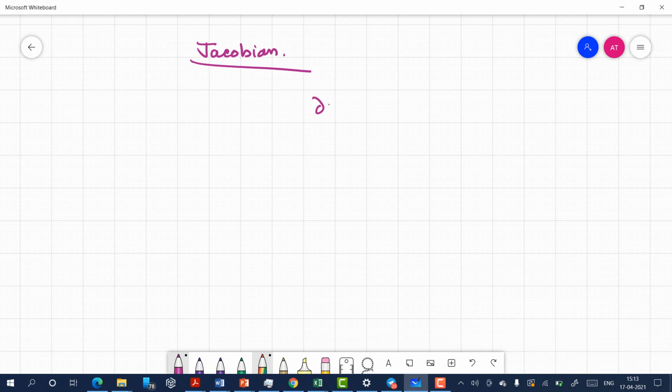Okay, so now I will write it for the general situation, so for 3 dimension. In 2 dimension I had zeta and eta, and then in 3 dimension I will have another coordinate system which is psi. Okay, so if I have to write the partial derivative of shape functions with respect to the local coordinate system,